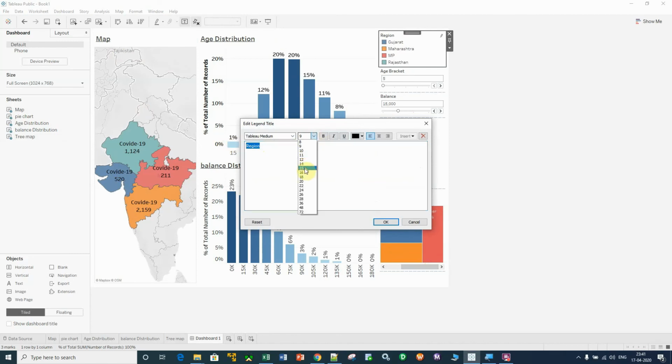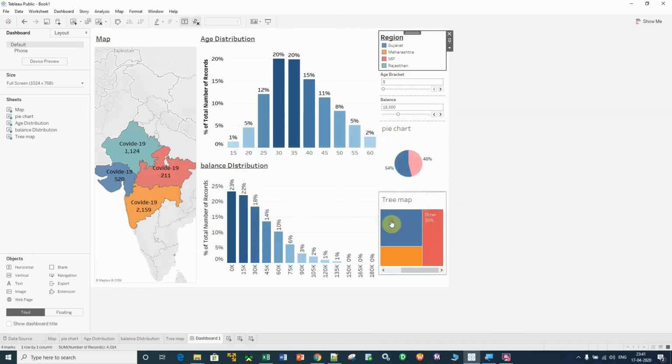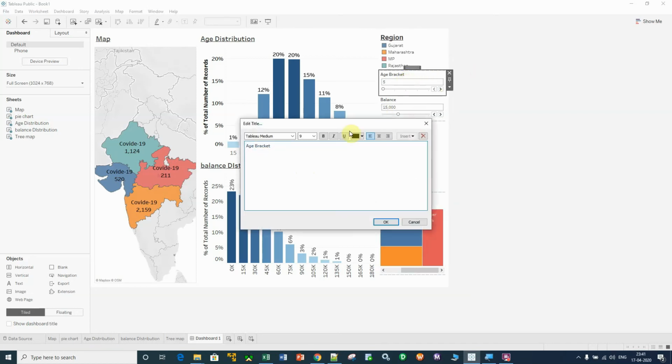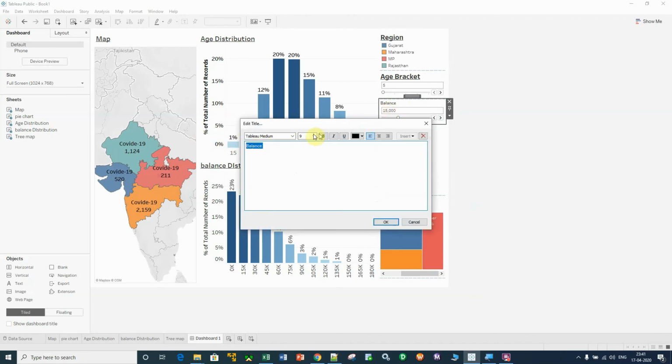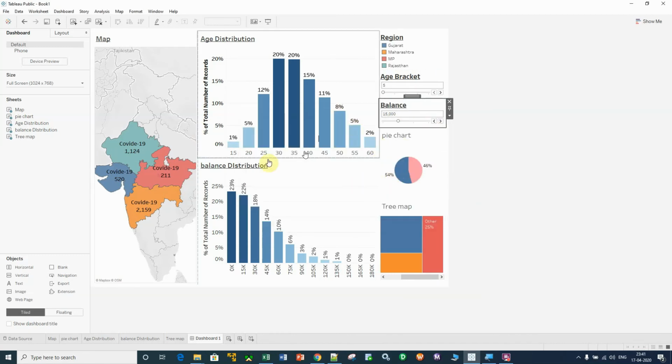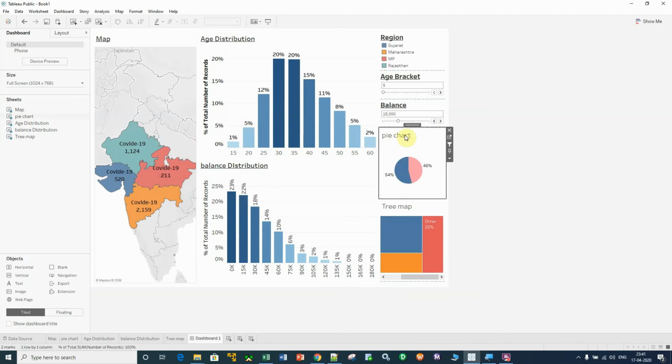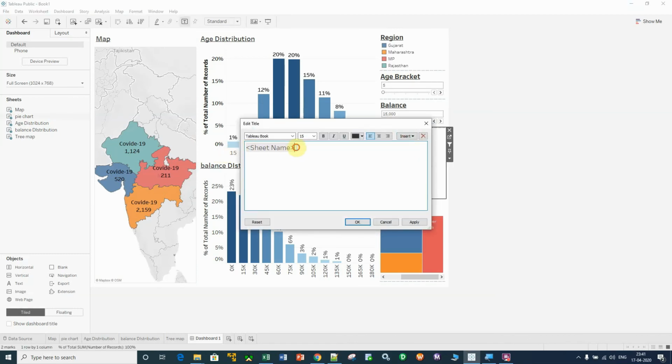Make it 15, bold and underline. Bold and underline. Similarly at the bottom also, on each and every area it should be similar, right? The formatting should be similar across all the dashboards and across all the sheets.